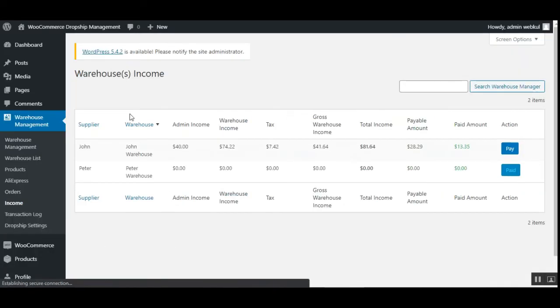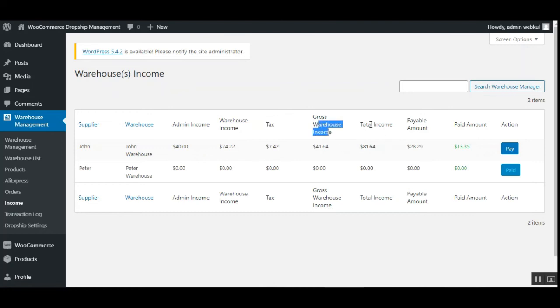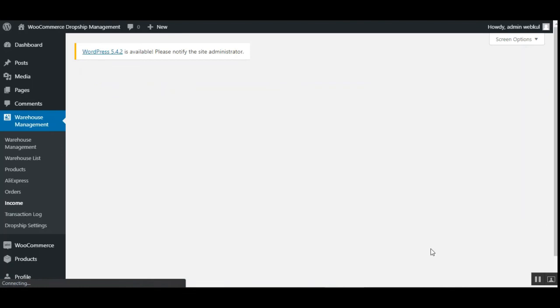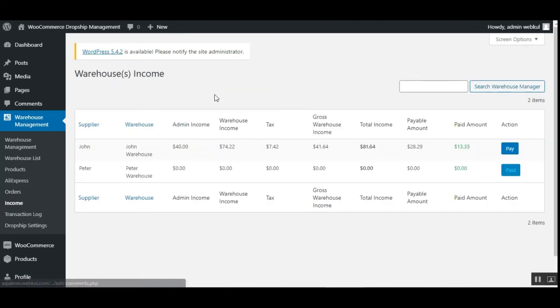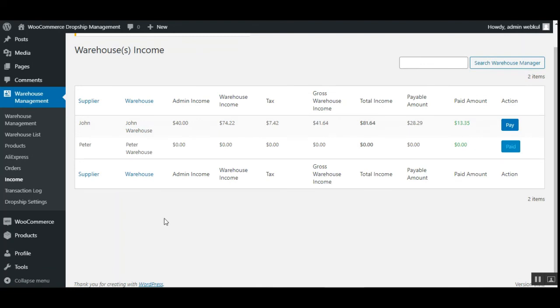So after that we have the income section. Let's go to the income section, and here the admin would be able to see the multiple warehouse income that they've acquired. So here we have two different warehouses with the supplier John and Peter. We can see the admin income and the warehouse income as well, taxes applicable, and the gross warehouse income is their total income, payable amount, paid amount, and the actions column, below which we have the pay option. So basically we can pay out the suppliers as well, so we can tap here on the pay button. So right now we don't have the access to that, so you can go through the user guide for the